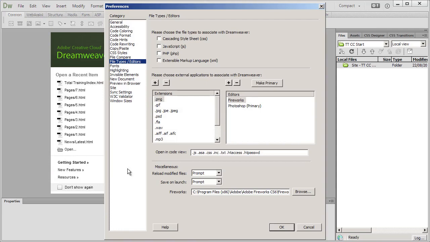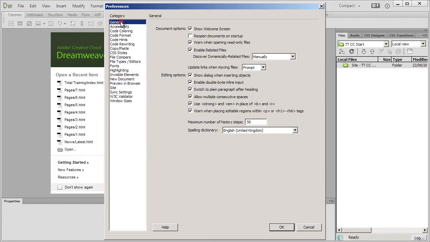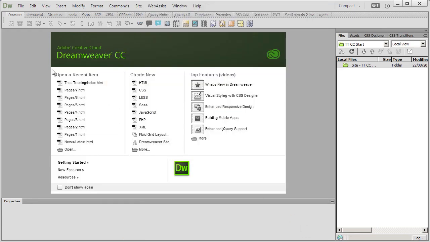Now, apart from the file type editors that we set up previously, i.e. Fireworks and Photoshop, I'm pretty much going to leave our preferences as the defaults, only because it will then correspond with your copy of Dreamweaver. If I do make any changes, I will let you know. So I'll just come down to Cancel now, down here in the bottom right,